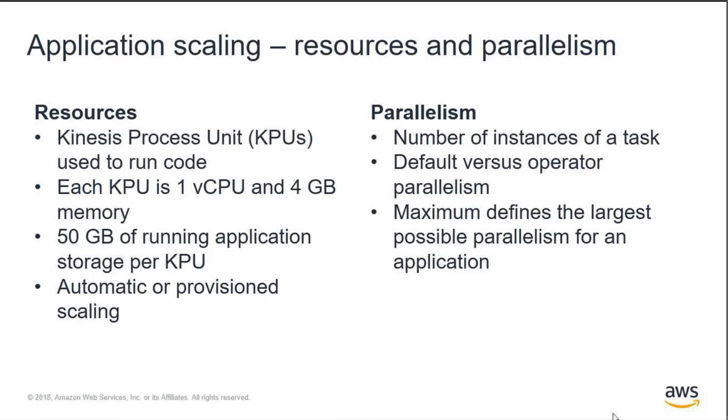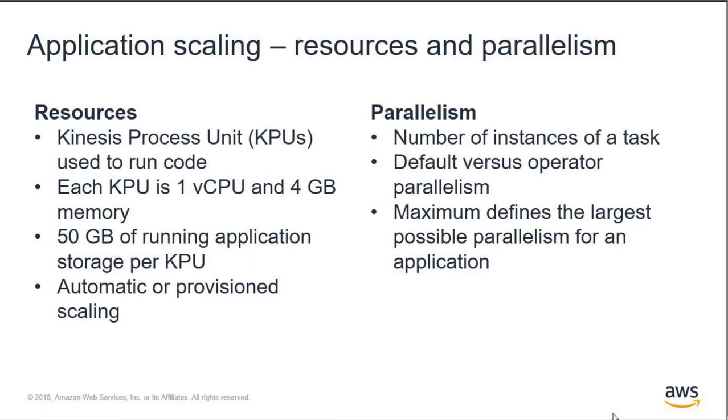You can set the parallelism at the application level, so overall, which is passed down to all the individual operators, or do this at a fine-grained level. So if you have one operator, one step in your application that is more computationally intensive or more memory intensive than the rest of the application, you can set that to a higher level of parallelism. It allows you to do that. This is an important characteristic because the combination of the key by operator as well as being able to set operator parallelism allows you to scale out independent steps of your application relatively easily without hitting another storage link.